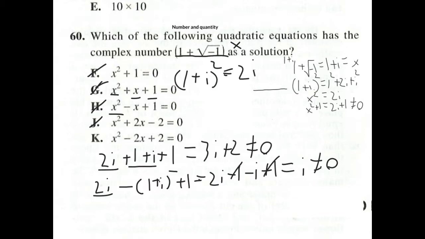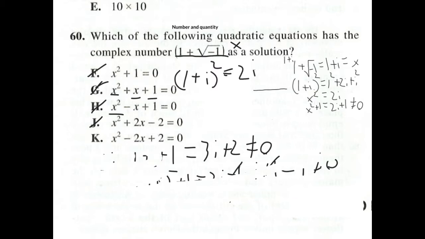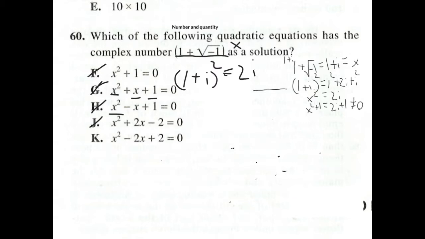So, you can probably already tell it's the last problem, but you should always work it out just to be sure. But it's number 60, so if you are rushing, you can safely conclude it's K. But let's work it out anyway, just to make sure. So we know the equation is x squared minus 2x plus 1, so we can make the same substitutions we've been making. We know x squared is equal to 2i, so x squared, 2i, minus 2 times x,